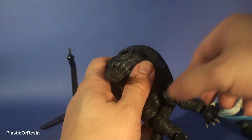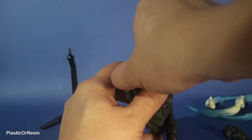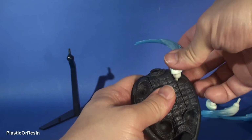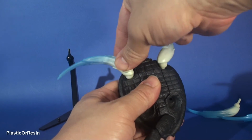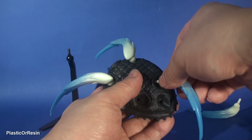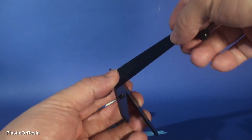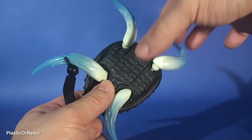What you do next is you pull off all his legs and limbs, and I'll do that for you. I'll show you. And pull out his arms, and here is his effect parts, which is really cool. That's how it looks when you stick it in. Stick that in. Let's pull off his tail. Forgot that. Put this effect part. And put this effect part. And there is a stand. There's two pieces. You just snap this together. It'll snap in. There's a Revoltech joint on the top, and you put it where you removed the tail,